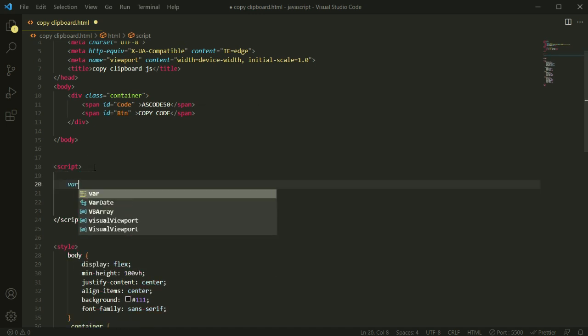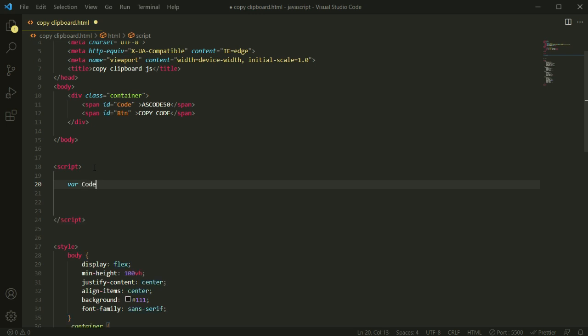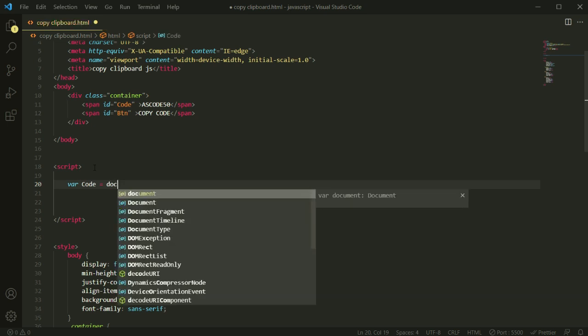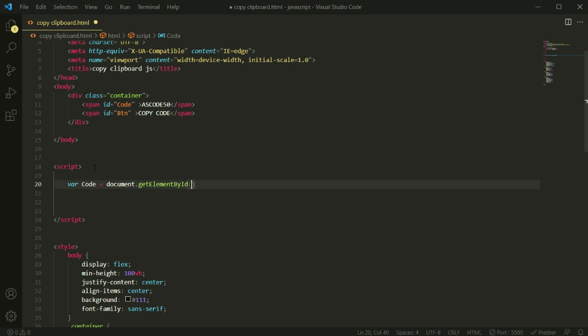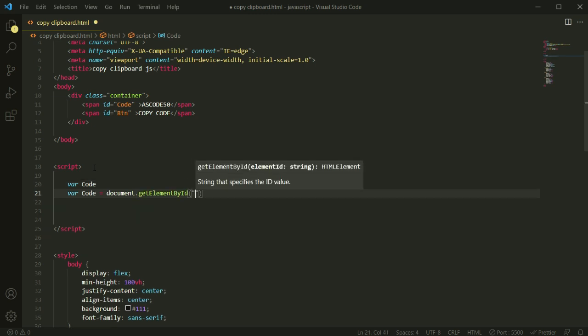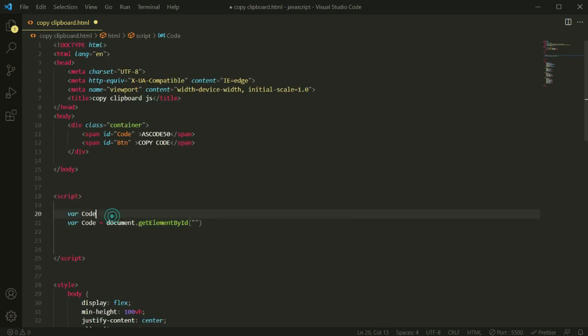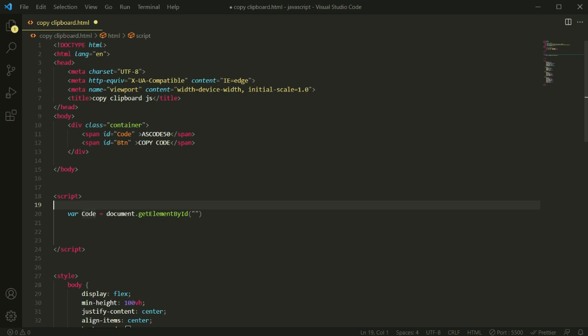So let's add some variables first, and we will call this code. So variable code equals document.getElementById. So we'll call this id right now. So let me open this bracket, and inside of this, oh sorry, I have made this a double copy. Okay, now let me paste this id.